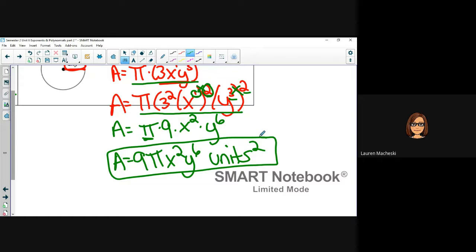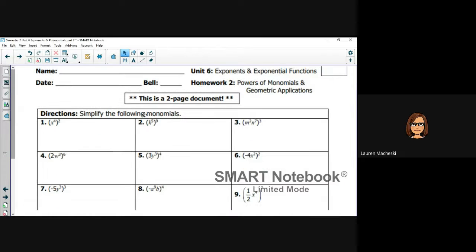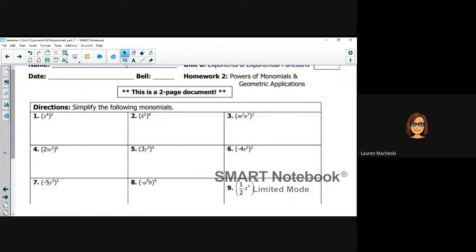All right, y'all. So that's all the ones that I'm going to do with you. So let's go ahead and see which ones. We're going to circle the ones that I want you to do on your own. So on the very next page, you should see homework number 2. And let's go ahead and circle the ones I want you to do on your own, and then you can go back and do it and show your work, and then you can take your pictures and everything. So number 2,